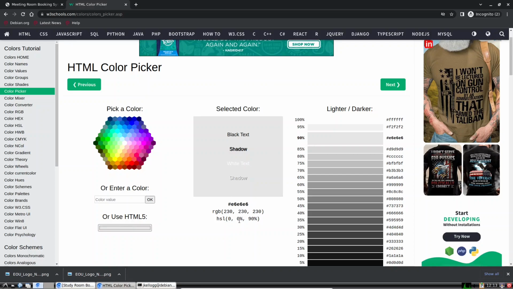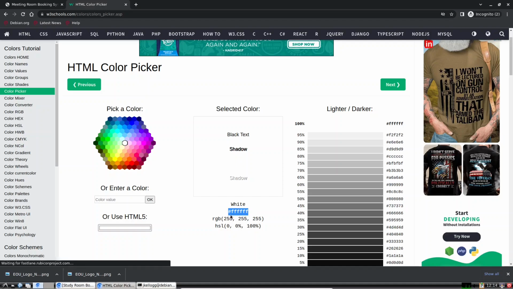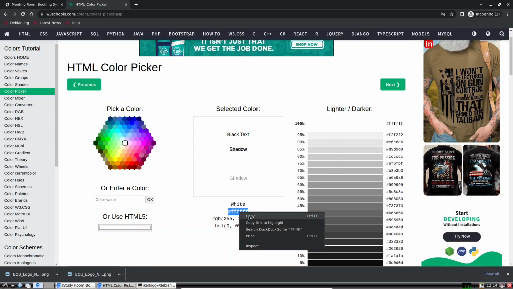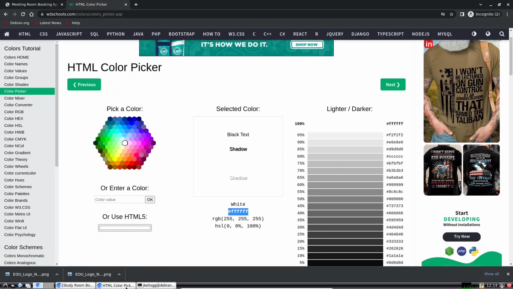I'm going to go ahead and make the background white. I don't think that's the greatest choice, but I'm doing it just to lead into other issues that crop up when you make these sorts of changes. So you'll see with the white, it's just six F's after the pound sign, after the number sign. I'm going to copy that. I'm going to go back to